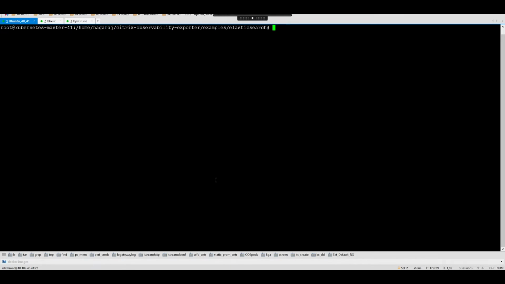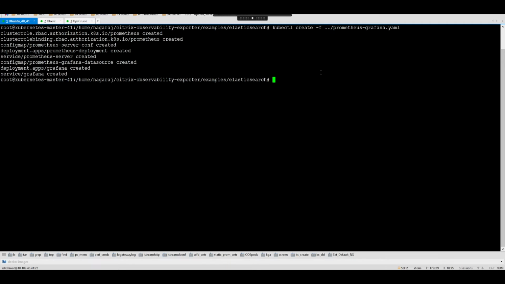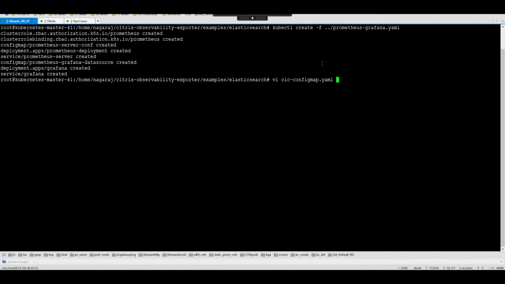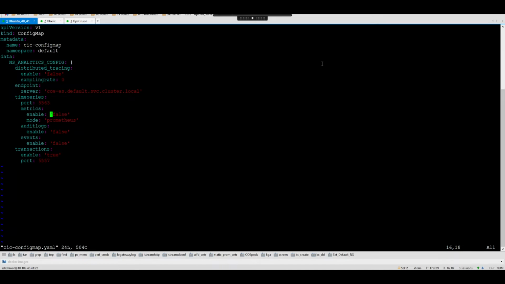So let us create the Prometheus and Grafana. But let's edit the CIC config map and make the metrics true.